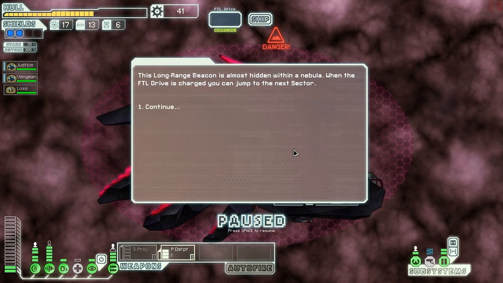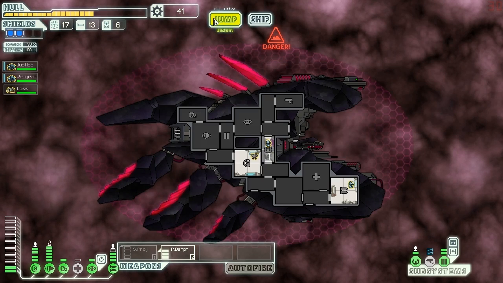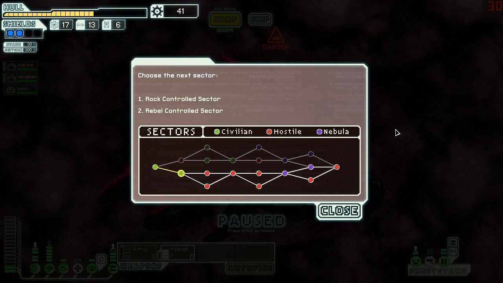So, we've made it here. We find the long-range beacon almost hidden within the nebula, and of course, there's nothing else. So we're going to jump to the next sector, which we have options of rock-controlled or rebel-controlled. Well, rock-controlled has a lot more rockets. Rebel-controlled has a lot more drones. I'm not sure which is better, honestly, but I think we're going to go to the rock sector just for